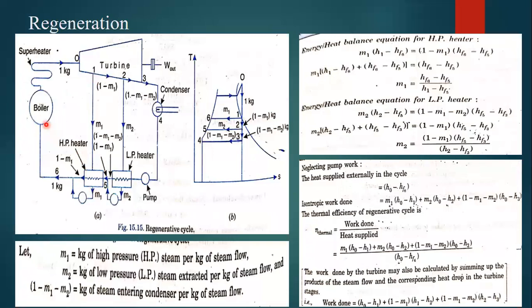First of all, what is the general procedure? From the boiler, heat is developed for the steam. That means there is a phase transformation at constant pressure, and the steam is given to the turbine, where some work is done, and then to the condenser. There is a phase change at the condenser again to liquid. That liquid is sent to the pump, and the pump energizes the liquid to feed the boiler. If we follow this general procedure, what happens?